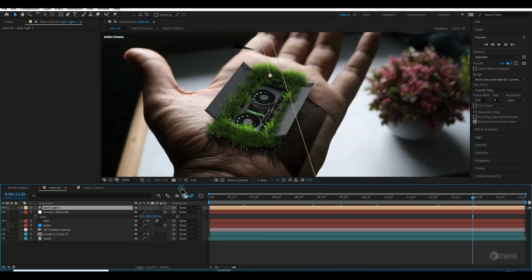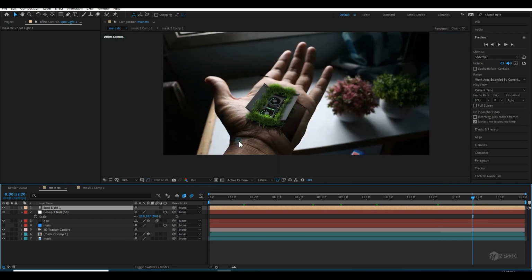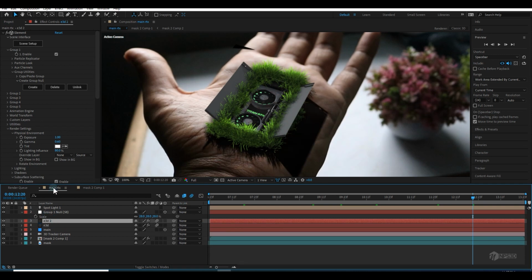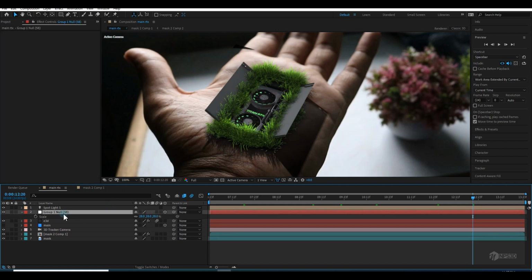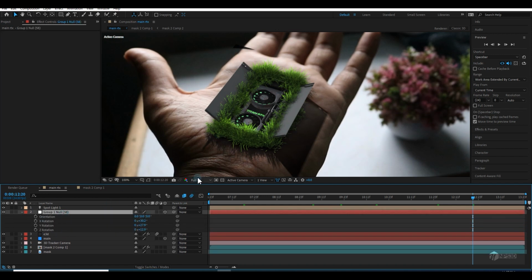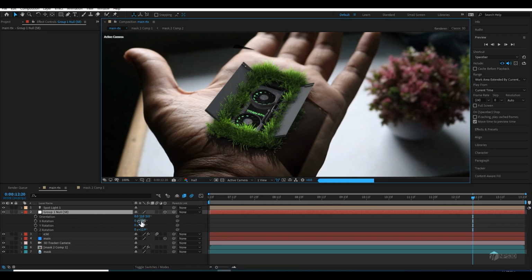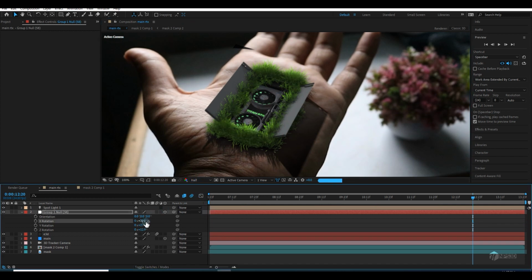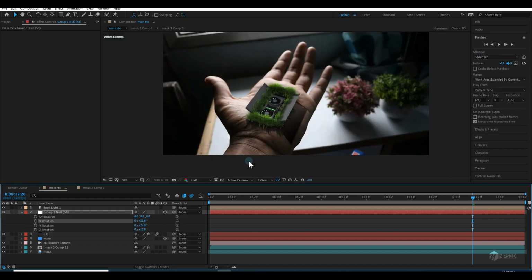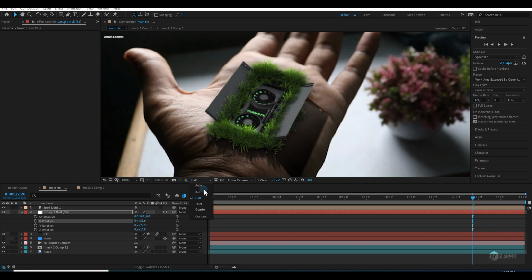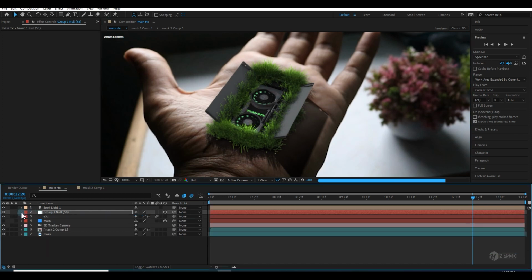The next step is Control D to duplicate our Element 3D layer. Yes, hide this one, and I don't know why this one is happening. So I can just go to group one, go to the rotation. Let's go to half res. Let me tweak the rotation. It will fix it. So good. Let's go to full res and save your project.